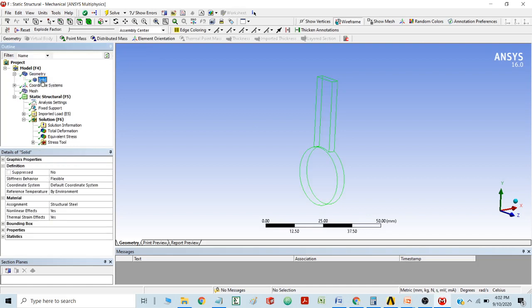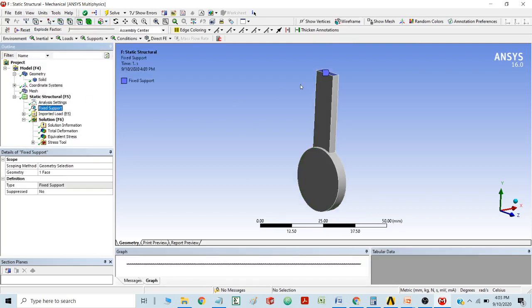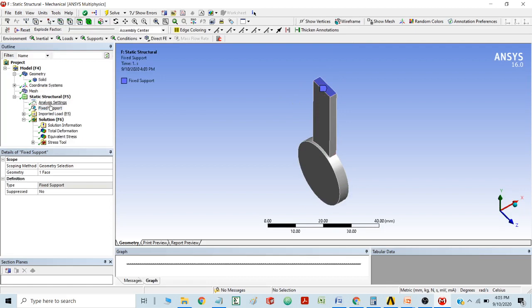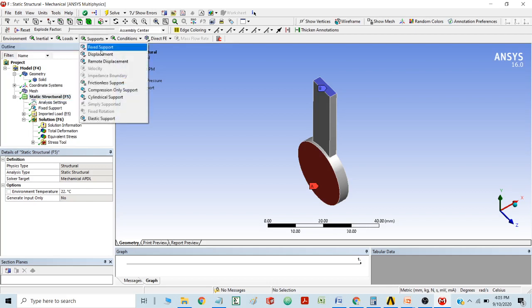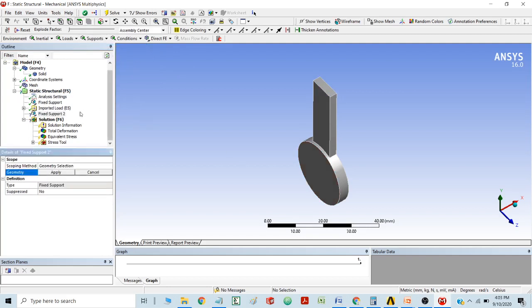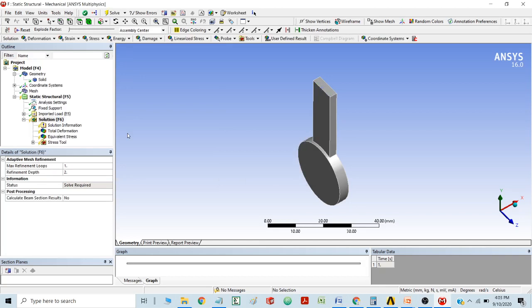and by default the material of the geometry is structural steel, and in that I have defined this surface as a fixed support. When I click on the geometry in the static structural part, I have these options, the support option. So I click on the support option, use fixed, select this part, and click OK. So if I select fixed like this and select this part, apply, then apply, it will make a fixed support. I'm deleting that, there is no need to do that.